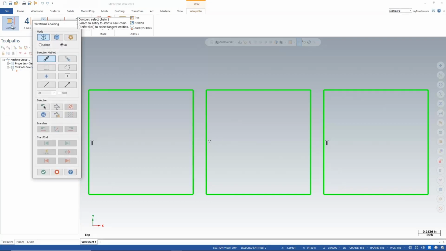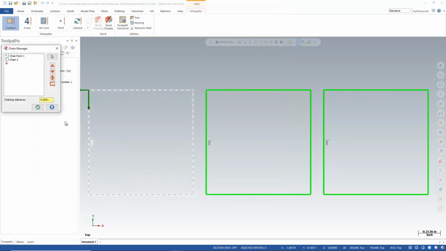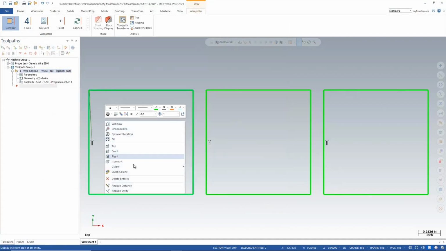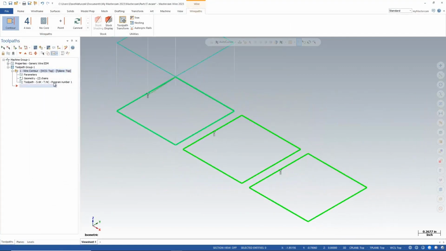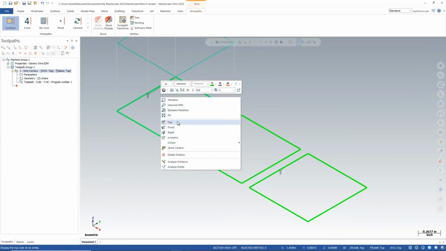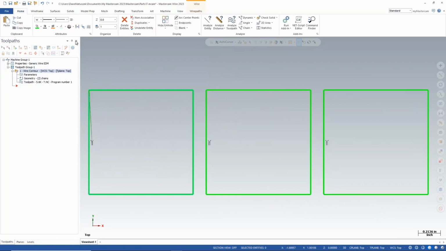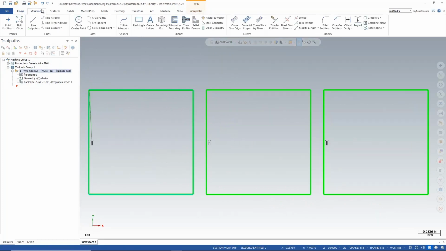I'll do a contour and I'm going to click my thread point and my chain, and you're used to a result like this. The wire will thread at the thread point and then immediately go to the start of that chain and cut around. So one way many people deal with this is they'll come in and they'll break the entity where they want the chain to start. So they might come in and break two pieces